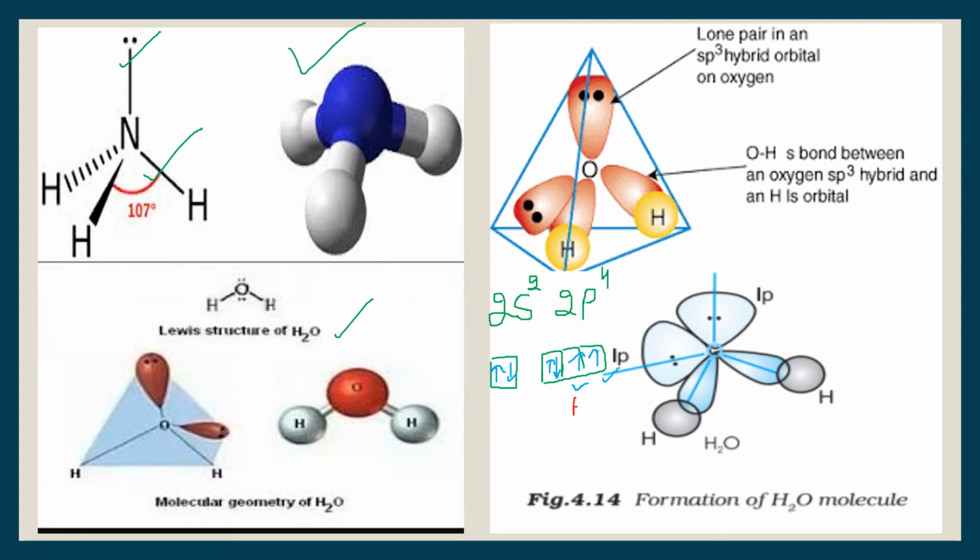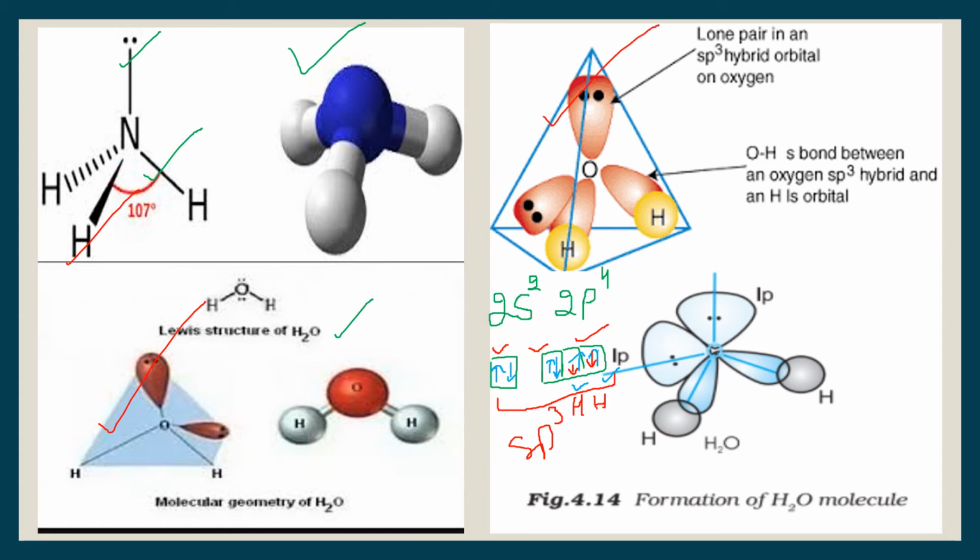and these 2 get paired with one electron of each hydrogen. That you can show here. One and then two anti-parallel spins. So I have used sp3. These are the two lone pairs. No promotion required here of the electrons, and these are the two bond pairs. So again it is sp3. Whenever you have sp3 hybridization, it has to be tetrahedral geometry, as you can see here on the screen. For NH3 also, for water also, it is tetrahedral geometry.